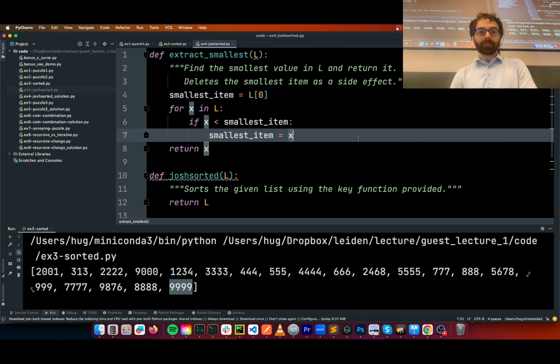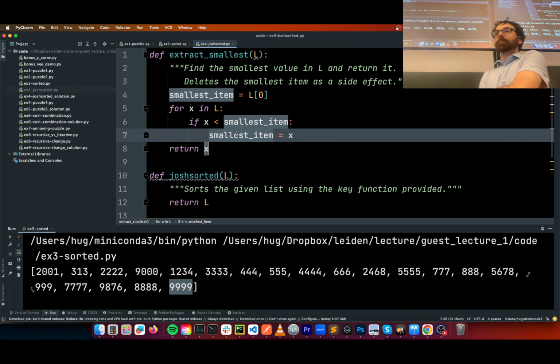There are other ways to write it, but there's one thing I haven't done, which is to delete the smallest item as a side effect. I'm going to stick with this structure. It's different than the one I did before class, but there's one thing I haven't done, which is removing the smallest item. Anybody know how to do it? Right, so we got that part, but L still has the smallest item. So how do we kick it out of the list? Yeah. Here we could pop it.